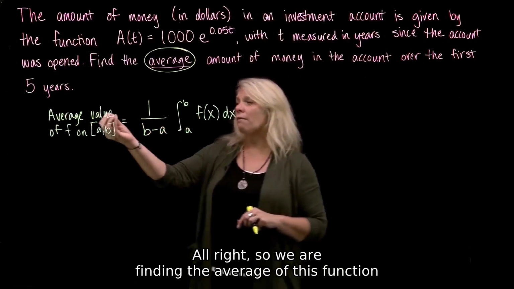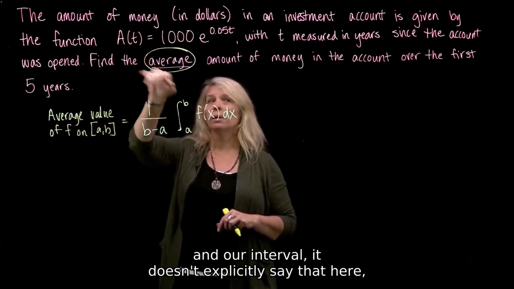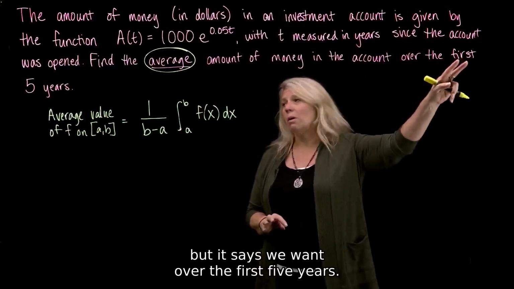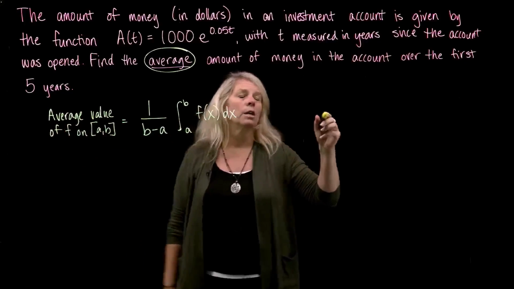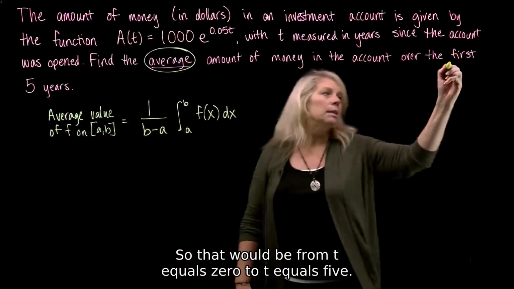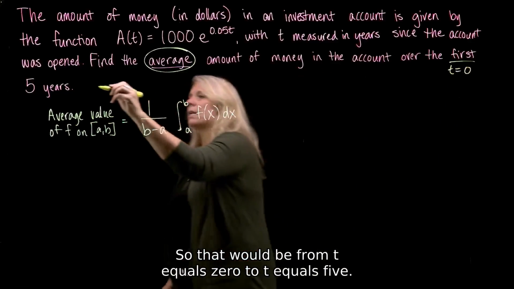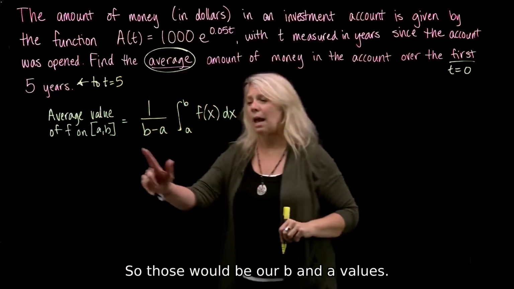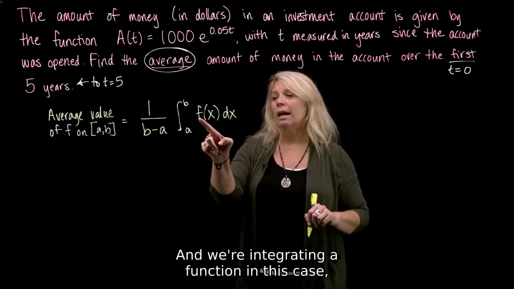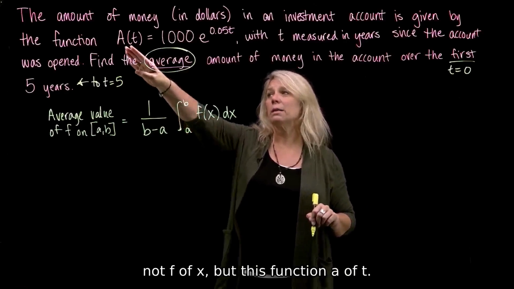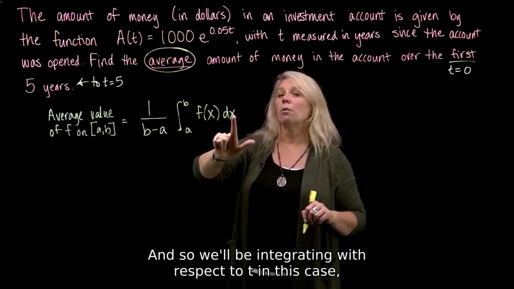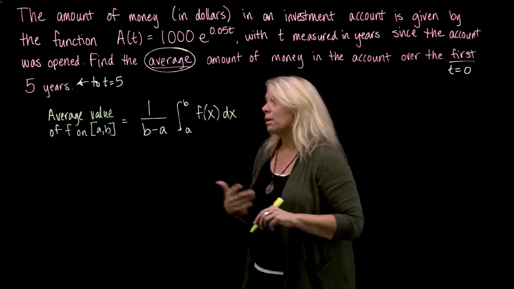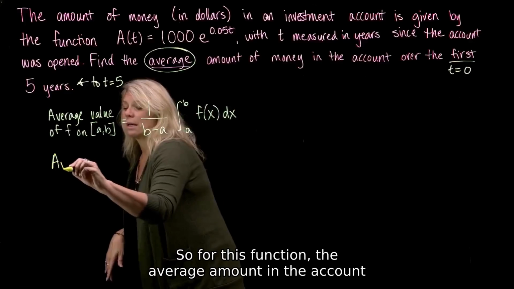All right, so we are finding the average of this function, and our interval, it doesn't explicitly say that here, but it says we want over the first 5 years. So that would be from t equals 0 to t equals 5. So those would be our b and a values. And we're integrating a function, in this case not f of x, but this function, a of t. And so we'll be integrating with respect to t, since that's our input variable. So for this function, the average amount in the account